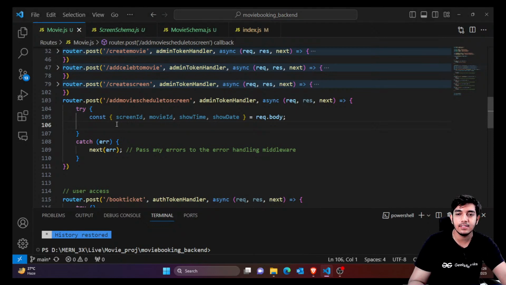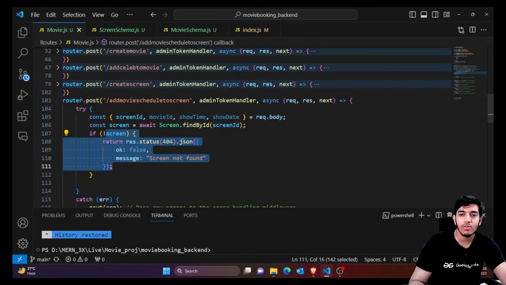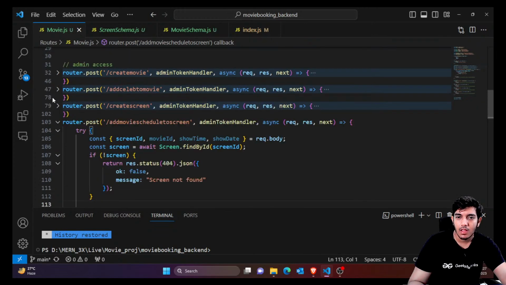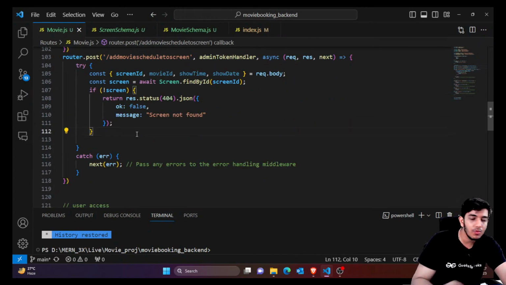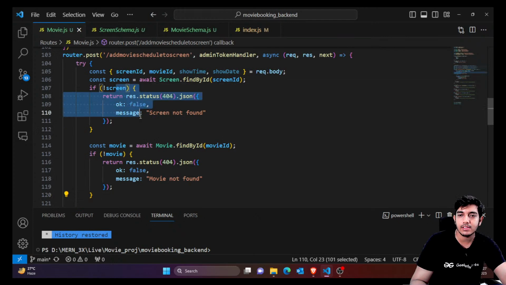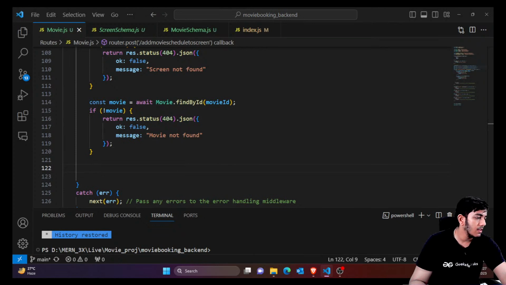Okay, and we are just creating a schedule. Initially there won't be any seats reserved. First of all, I'm gonna find that screen. Similarly I'm gonna find the movie also, but if you wanna check the movie, then that's fine. But I think this movie ID would be automatically taken from front end, so you don't need to check for the movie ID. But okay, let's do one thing. We'll check the movie also. If that movie doesn't exist with that movie ID, we are simply gonna send the error. But if everything is fine, screen also exists, movie also exists, now you're simply gonna say that if screen and movie exist,